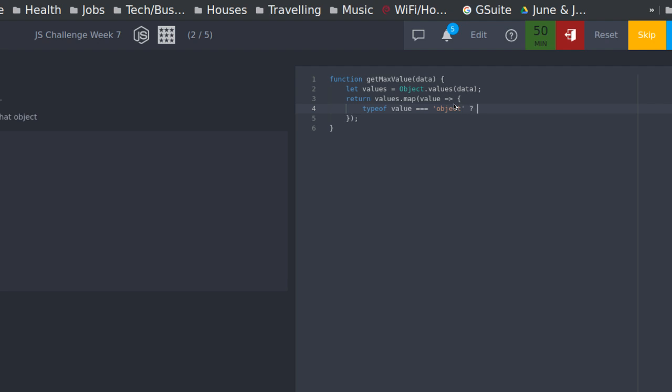So if that's true, then we want to just call our function again, which is called getMaxValue, with the value passed in. Otherwise,